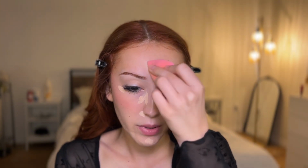Now I'm just going in with my beauty blender and I am trying to blend the best I can so that everything looks seamless. The key to a brighter eye is to blend higher into this corner here where it gets kind of dark, because it tricks the brain into knowing that if this area is super bright, it brightens everything else and it leaves you feeling like you don't really have much of a need to place a bunch more concealer on the bags,